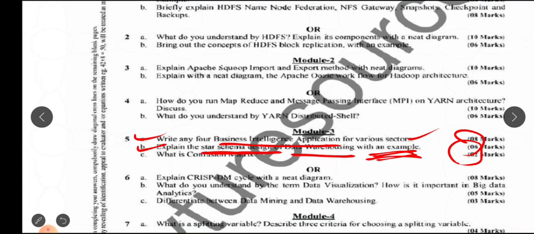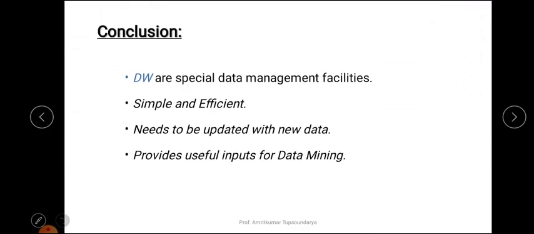So you can see the lectures, whatever we are discussing here, are very important from the examination point of view, and these are the questions that you have to focus on. So having said that, let us conclude the lecture and move on to the conclusion. All we can conclude after this lecture for data warehousing is